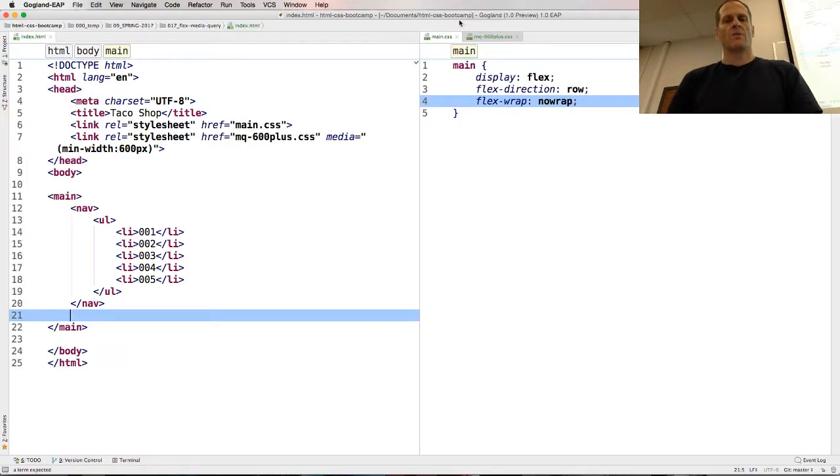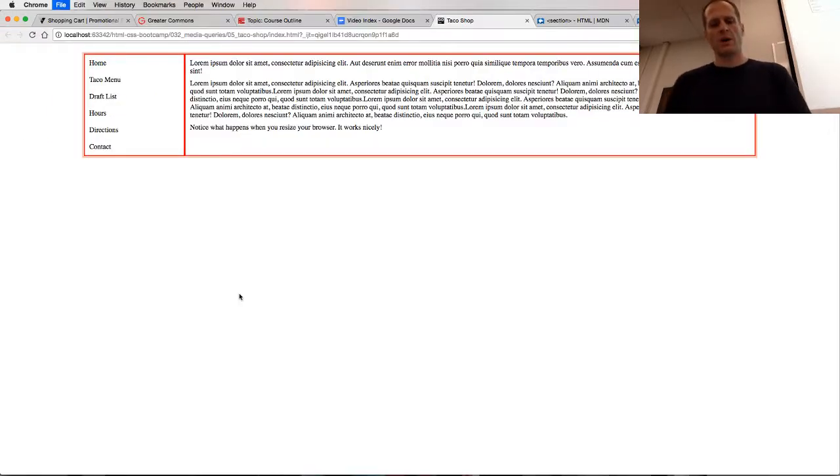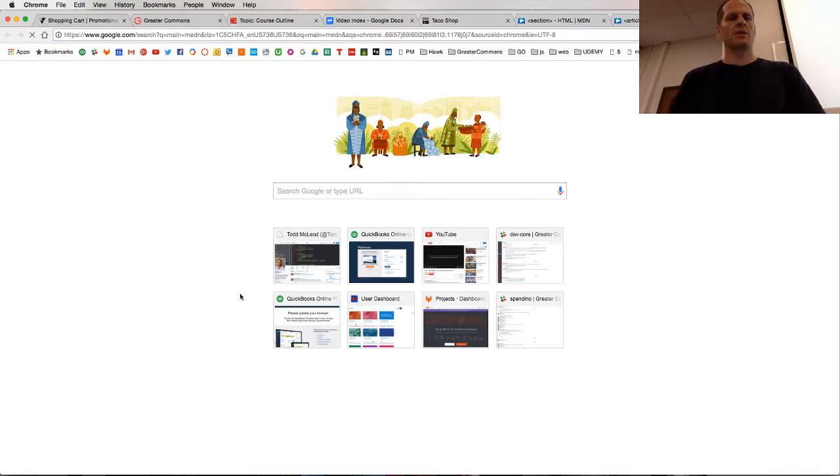So what do you all think about using semantic HTML? Should I even have main? Is this the main content of this page? Probably, if this is a restaurant and this is like the menu page, right? This is probably the main stuff on that page. We might have more stuff down beneath it. So I feel pretty comfortable saying this is the main stuff on the page. Should nav be inside main, right? We also have the heading. Like, what is main? So we're partly just exploring how do we do